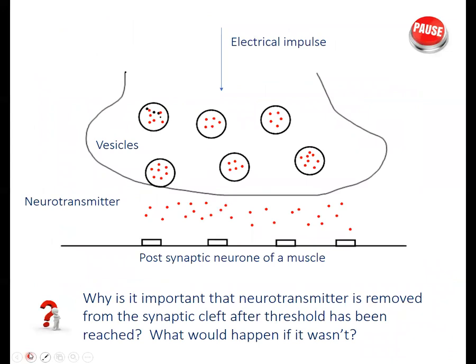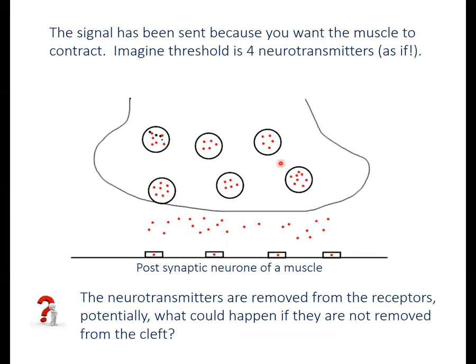So first of all, why is it so important that neurotransmitters are removed from the synaptic cleft once threshold has been reached? What would happen if the neurotransmitters weren't removed? Have a think about it. What would be the problem? Well, if you imagine